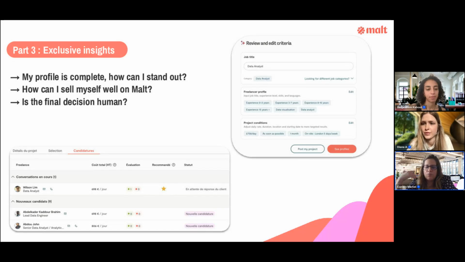What you can do first, if you don't have any projects on Malt but have projects outside of Malt, is bring your projects to Malt. Make sure that the projects are done via Malt with your clients. This way you will earn some euros, as I was saying, and then you will start having the badges and also reviews, and so on. It's a very positive circle.